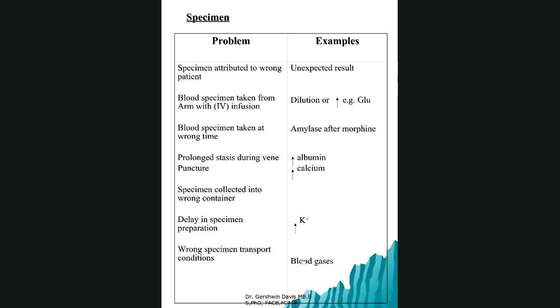And we know the transport conditions of blood gases basically being, it should be transported on ice, obviously. Capped, meaning there should be no air above the blood sample, right? And transported immediately to the lab for analysis. But as I say, use common sense here, because if you have a point of care machine in the intensive care unit, for example, you're not walking across 2 or 3 blocks or buildings to go to the lab.